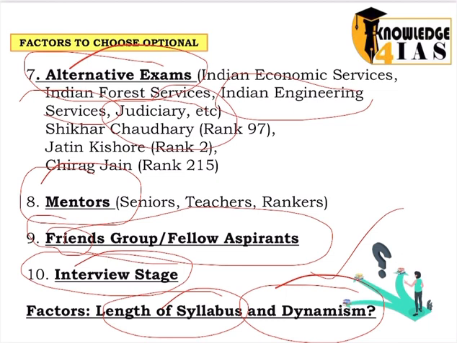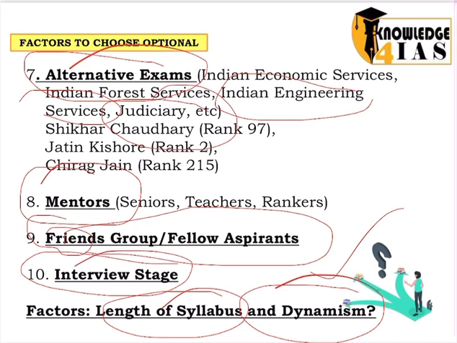Even if you go for an optional paper that is a little static, that has less dynamism, say for example if you choose world history or a literature paper and you feel that dynamism is not that much in comparison to political science or public administration, then you cannot say that I will not study current affairs at all, because ultimately you have to be quite updated, because you are going to appear for 4 papers of GS.